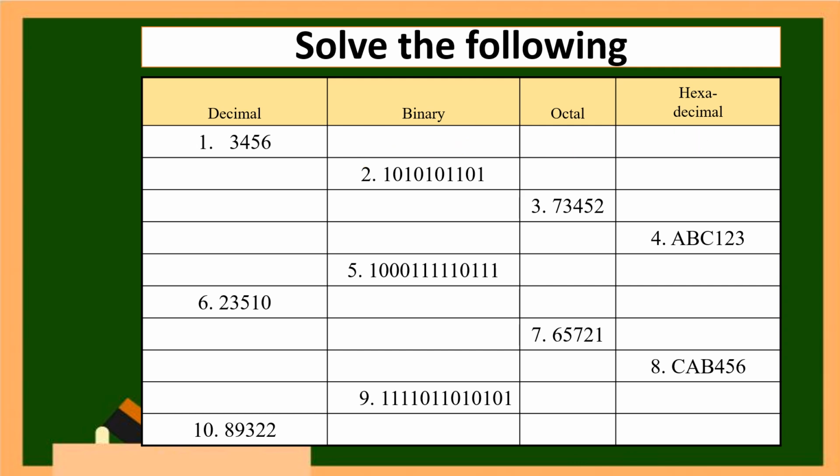Okay, so the next one, from binary, as what we did, to get the octal, you have to group it by 3. So you will get the octal. And to hexa, group it by the bit of 4. So we have 4, and find the value of the hexa. Okay? So that's how you will convert them.